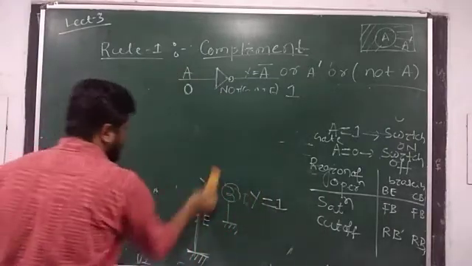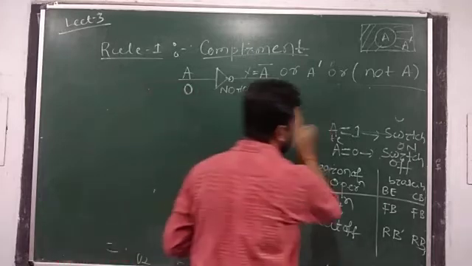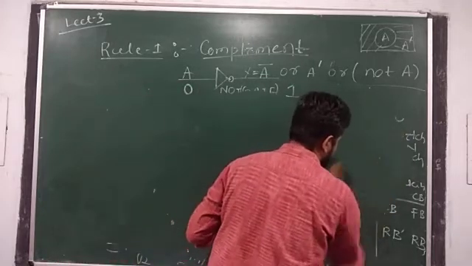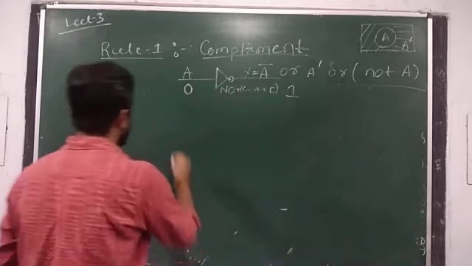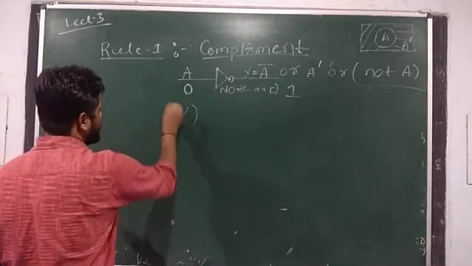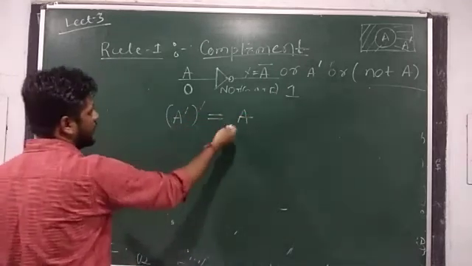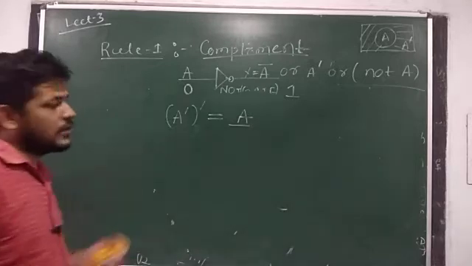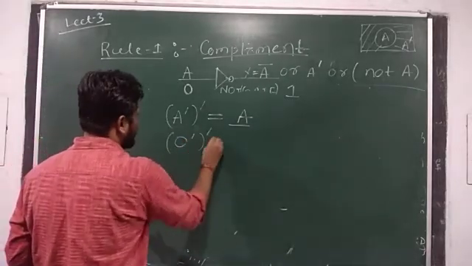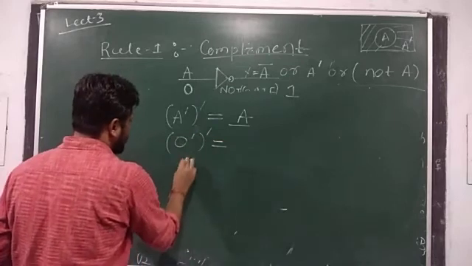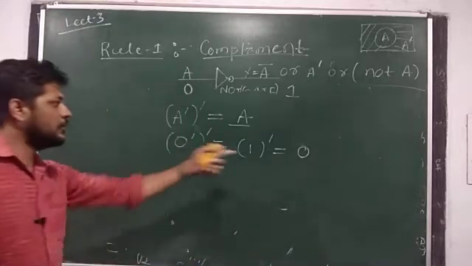So an important rule here in complement is that the complement of a complement will give the same variable. The complement of the complement of A is always equal to A. This rule, again I am telling you, we are going to use extensively, so you need to remember this. Here A is the variable. That means if 0, the complement of the complement: the complement of 0 is 1, hence the complement of 1 is equal to 0, that is the variable itself.